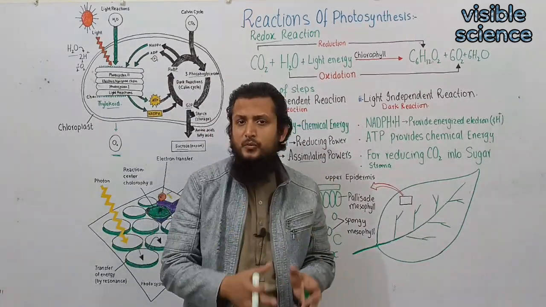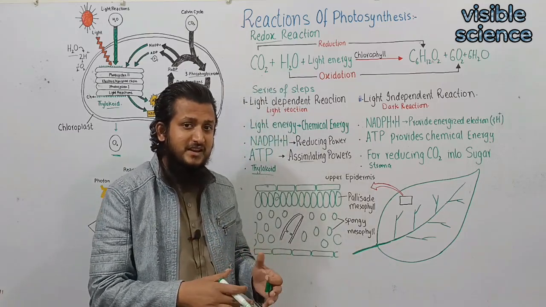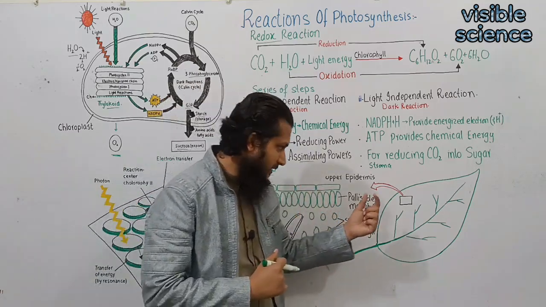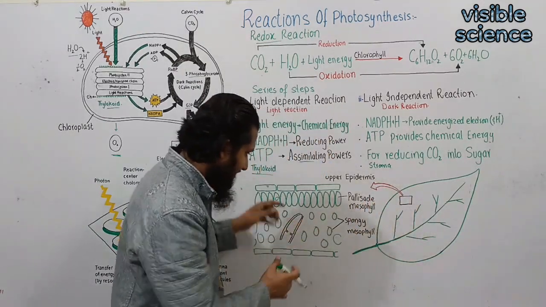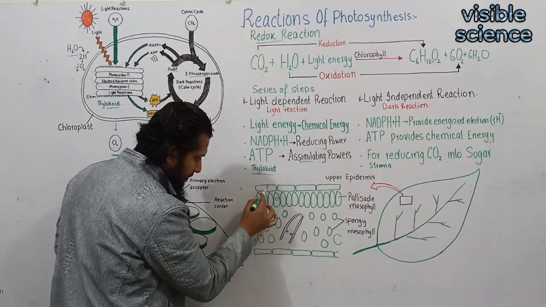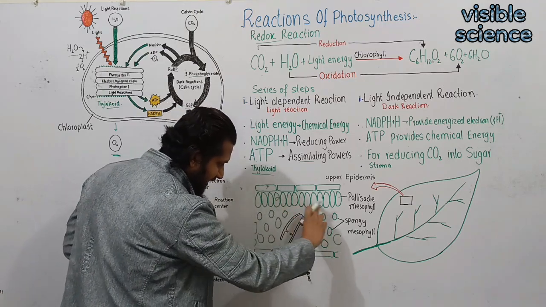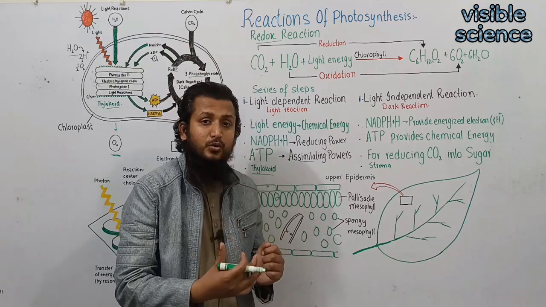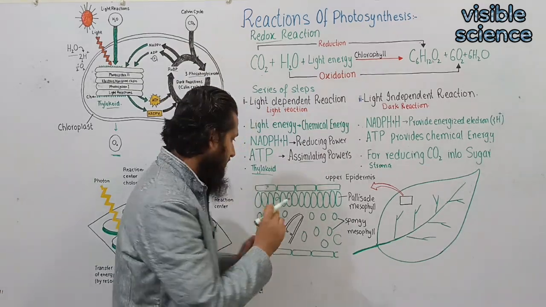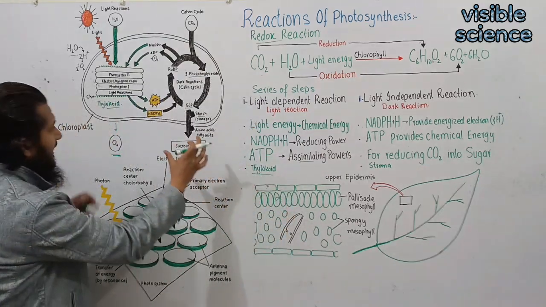But before that, we need the knowledge about where these reactions take place. These reactions take place in the plant's leaf. Here we can take a small cross section of the leaf. Between the upper and lower epidermis are the mesophyll tissues, and mesophyll tissues have an abundance of an organelle, the chloroplast. Here we zoom in on a chloroplast.